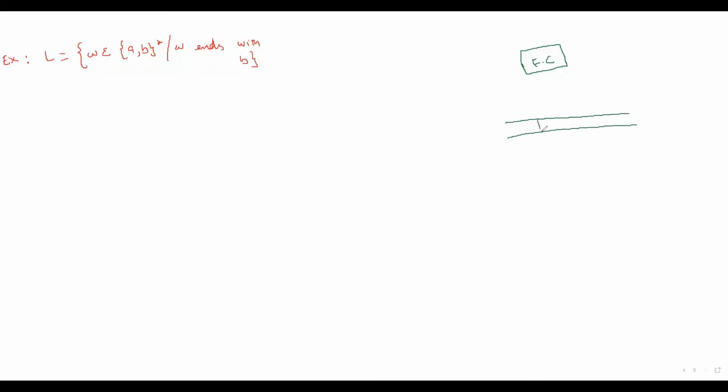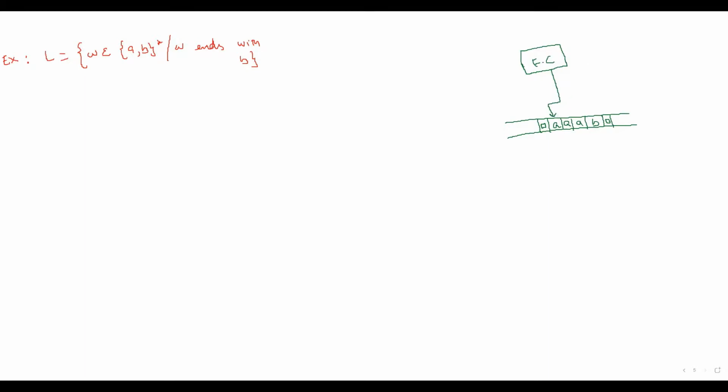This is our input tape. So the input is here. And this finite control first moves to the initial symbol of input. So let's suppose this is the initial symbol. And on the left of this, we have a blank symbol. So here also we have a blank symbol, because when there is no input on the tape, every location contains the blank symbol. So this Turing machine starts from this position.